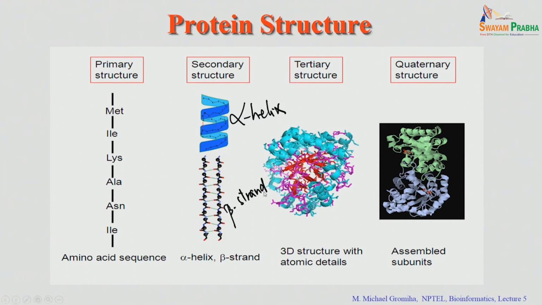Right. Here the next one is tertiary structure. Tertiary structure will provide the atomic coordinates of all the atoms in each residue. So, you can get the location of each atom. If you take the XYZ coordinates, you will see where the location of each atom in a residue is. Then the assembled subunits of these tertiary structures provide the quaternary structures, right. So, today we will discuss mainly protein primary structure,